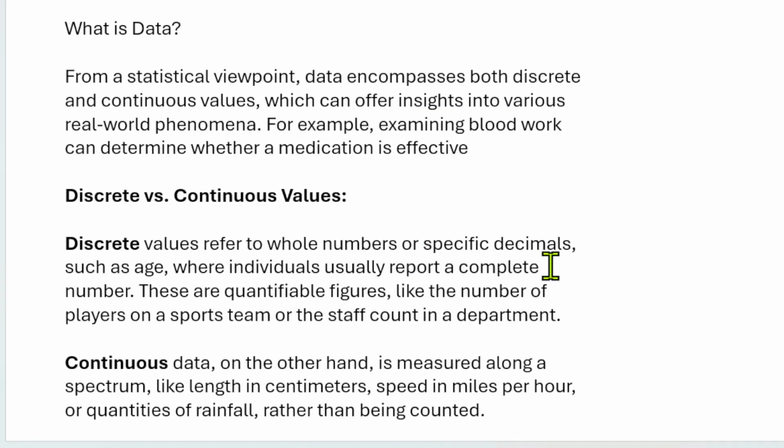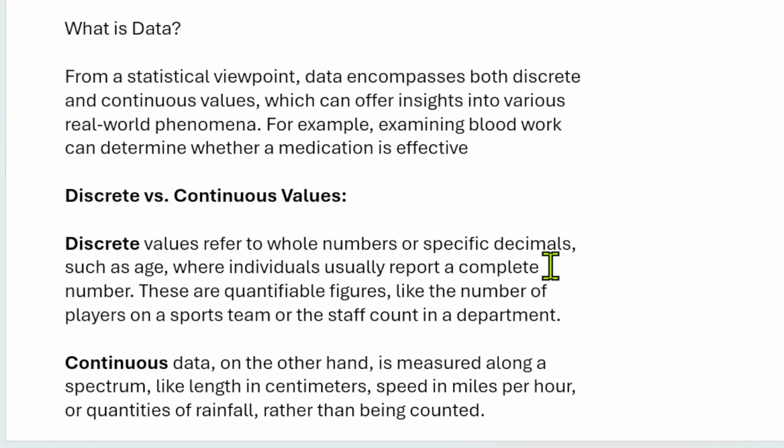So what is data? From a purely statistical standpoint, data is discrete and continuous values. If you've taken a stats course, you'll learn about discrete and continuous values. For example, discrete are whole numbers or specific decimals, such as your age, or an individual's report complete numbers. These are quantifiable figures, like the number of players on a team, staff count at a department, that kind of